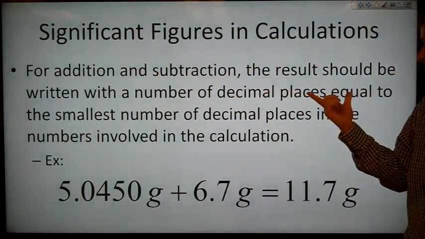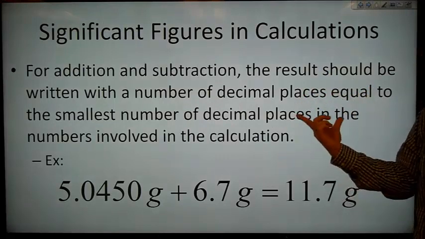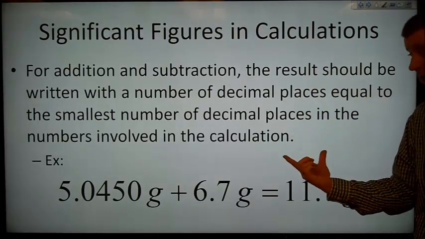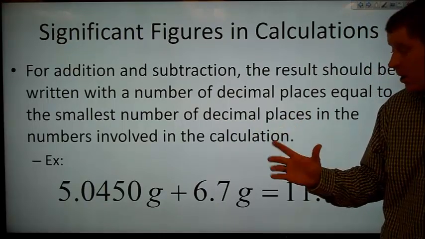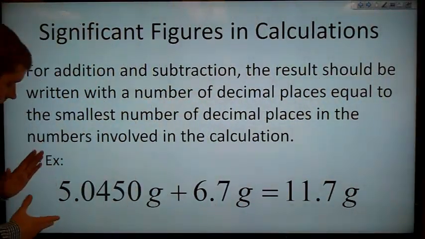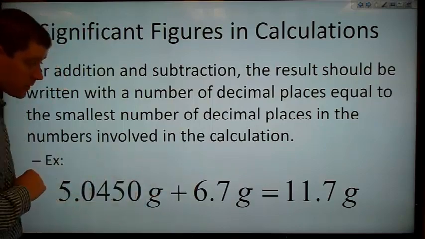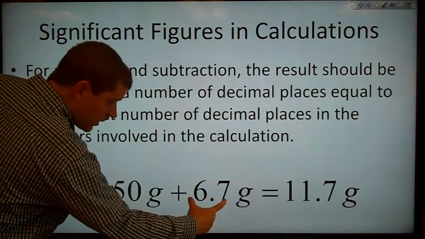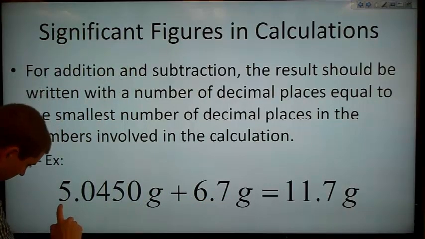For addition and subtraction, the result should be written with a number of decimal places equal to the smallest number of decimal places in the numbers involved in the calculation. So here I'm saying decimal places, not sig figs. We need to match up the decimal places. If we have a case like 5.0450 grams plus 6.7 grams, if we move this over and line up our numbers, we have